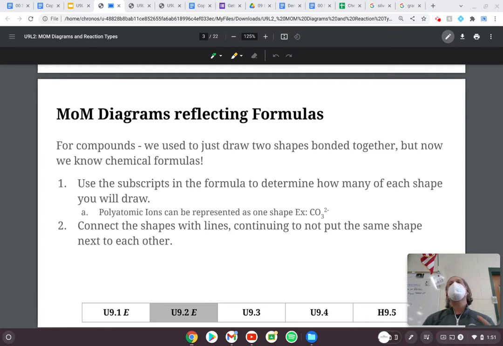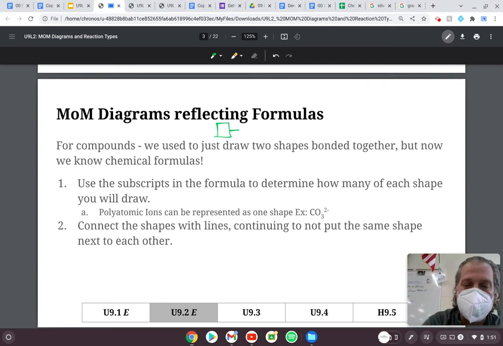So once upon a time, a long time ago, we drew model of matter diagrams, and we just drew 2 shapes bonded together when we knew it was a compound. So no matter what the compound itself was, you might have drawn something that looks like this and called it a compound. Okay. Now that we are familiar and aware of chemical formulas and what those numbers in the subscripts actually tell us, we are going to relearn how to draw compounds to reflect the subscripts in